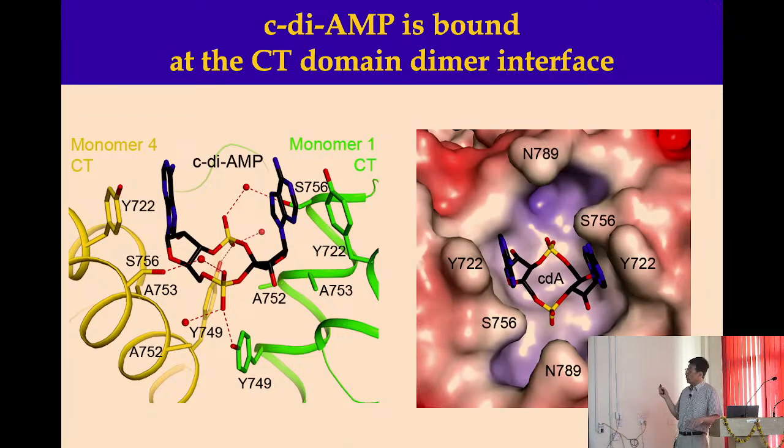And then I should also mention the second thing I have no idea about. As I showed you, cyclic GMP doesn't work. But if you look at the binding mode, adenine pi stacks against tyrosine, and G should be able to do the same thing. So then why can cyclic GMP not bind and inhibit the enzyme? We still don't really understand.